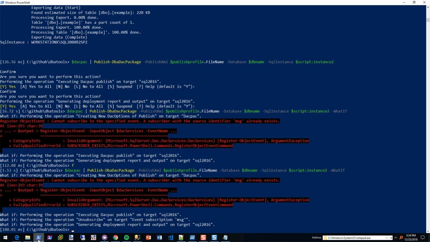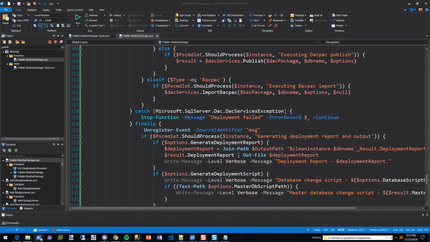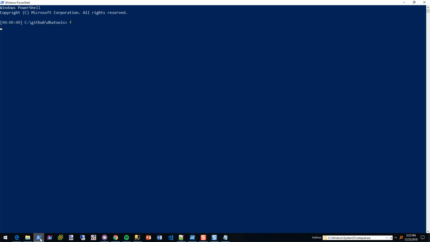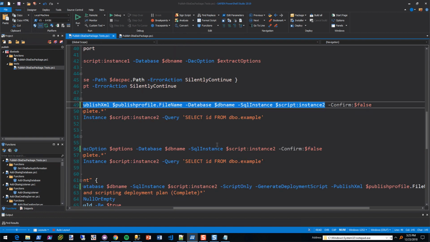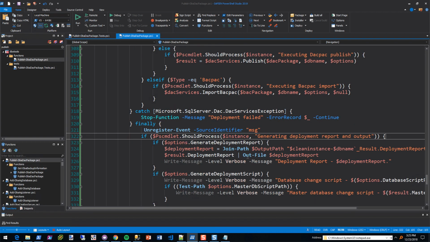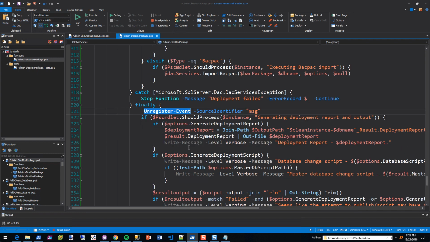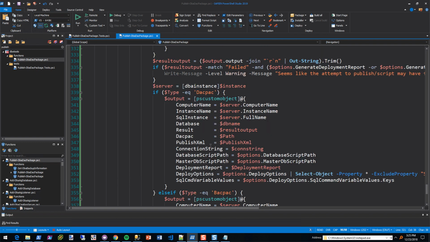No, why? Is it because I already did it? It could be because I need to reopen. No, okay, hold on. Ugh, I'm going to have to go through all of this again. So load up all my modules and then let's go back to here. Because if it unregistered, then I shouldn't be getting that. And you can see that it's unregistering here, right? And then it starts that there.